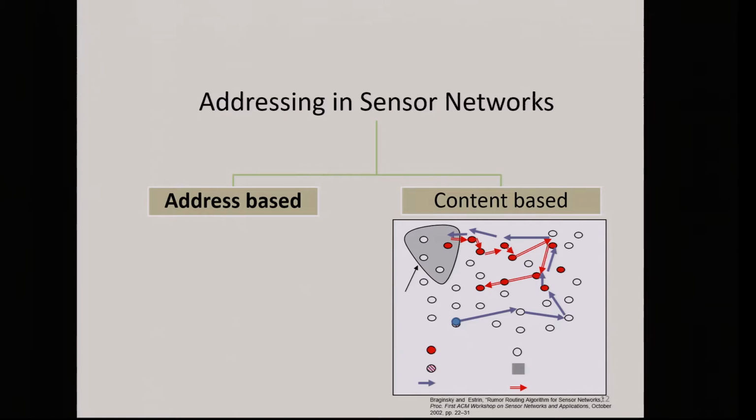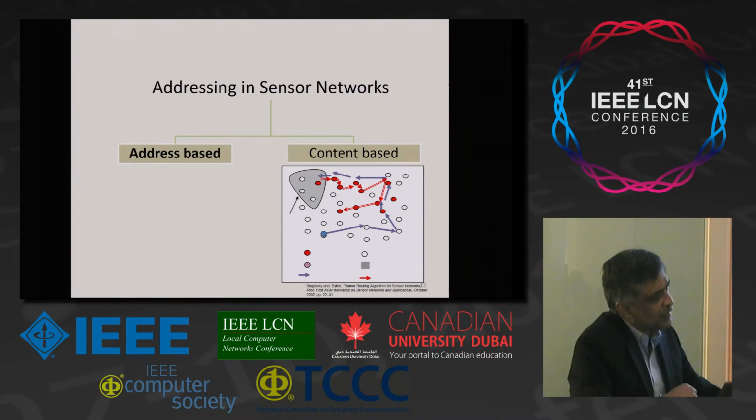Right? So it sends a rumor, or it sends these random messages around that get propagated, passed around among random nodes. This is what we call a rumor. And somebody else is looking for that information, right? Sends a query, "I'm looking for this type of information," and if this query happens to run into one of these nodes that know about this content, it can follow it from there and get to the source of information and obtain the information following the same path. So this is what we call rumor routing. You don't need an address. But I start with this one because we will actually make use of this later on.